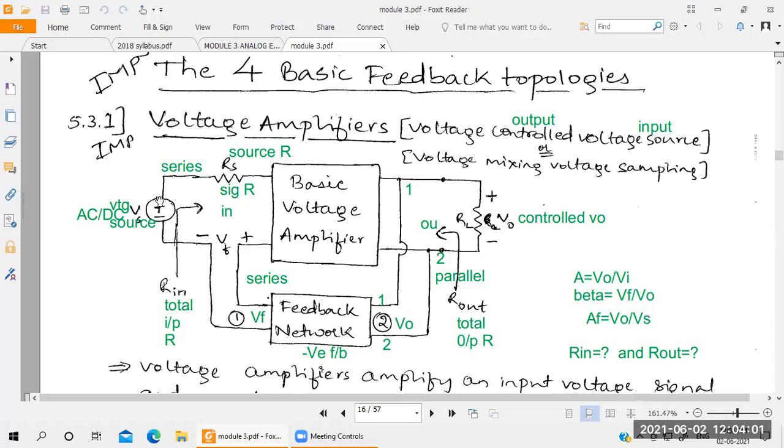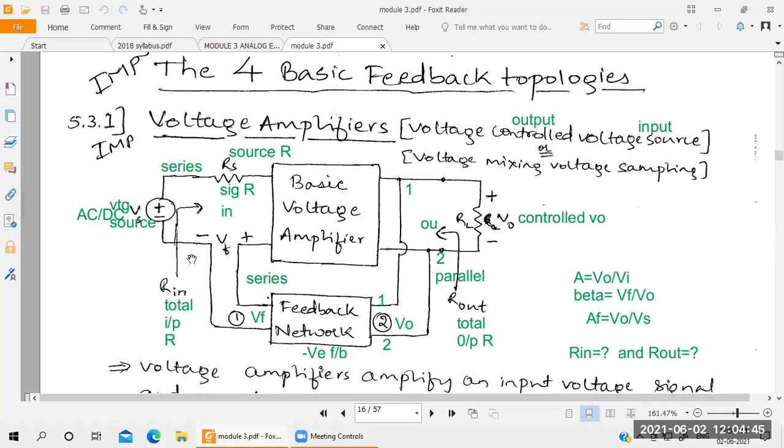This output voltage is controlled by the voltage source. Understood? For the amplifier, you have to connect negative feedback. If you take any amplifier, connect one negative feedback in order to get higher benefits. Here you take a sample of the output, which is connected to the input of the feedback. What is the input of the feedback here? That is V0. From that we get the output of the feedback, that is VF. Connect VF from the feedback to the mixer.